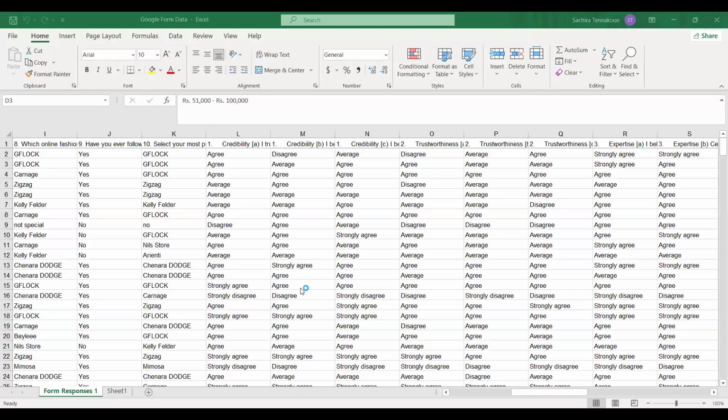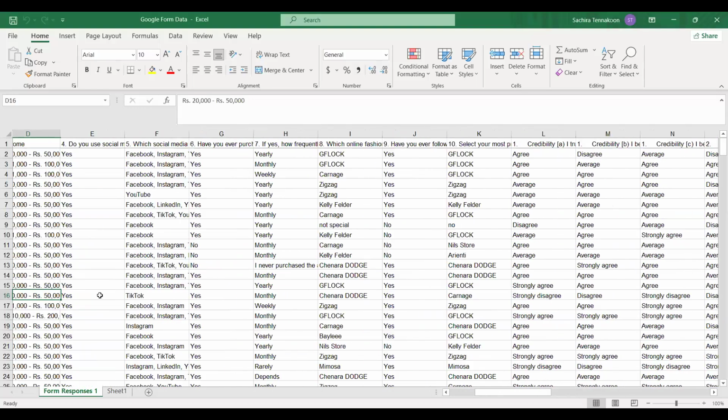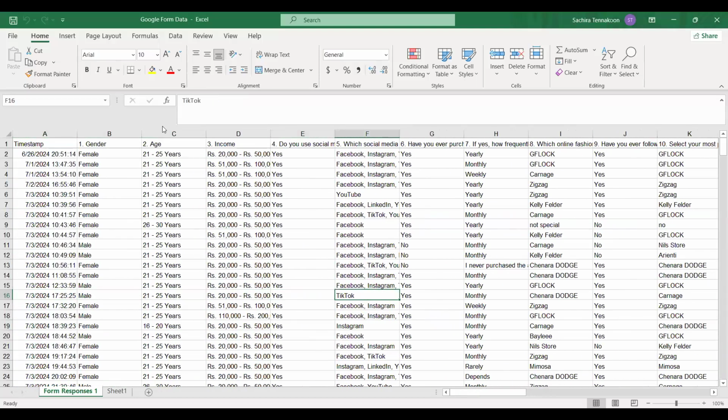So here, what you are seeing on this screen is a data set which we have downloaded from the Google form, right? So this is Google form data. You can see you have time, gender, age, income, right? The questions that we have been asking are here, the top range, right?